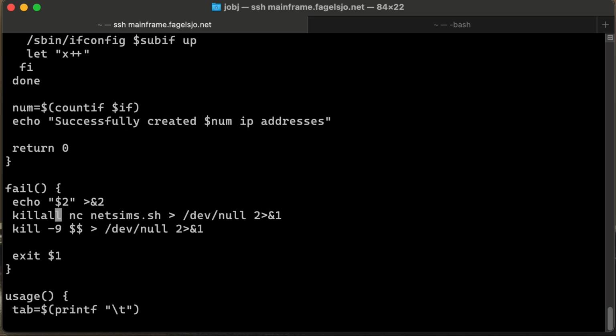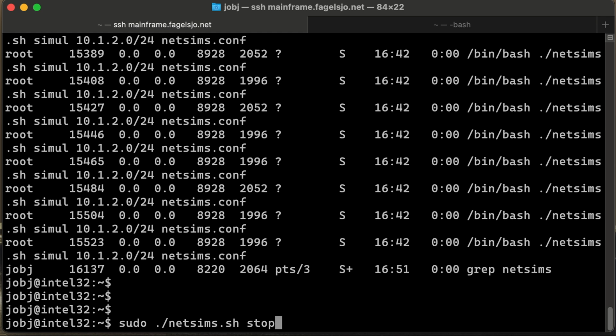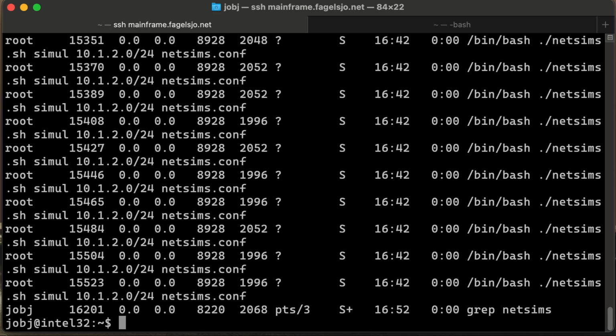So we run killall netcat netsims. We should probably do -9 here as well. Yeah. Alright, let's try it again. Netsim stop, boom. And if we grep for netsims,